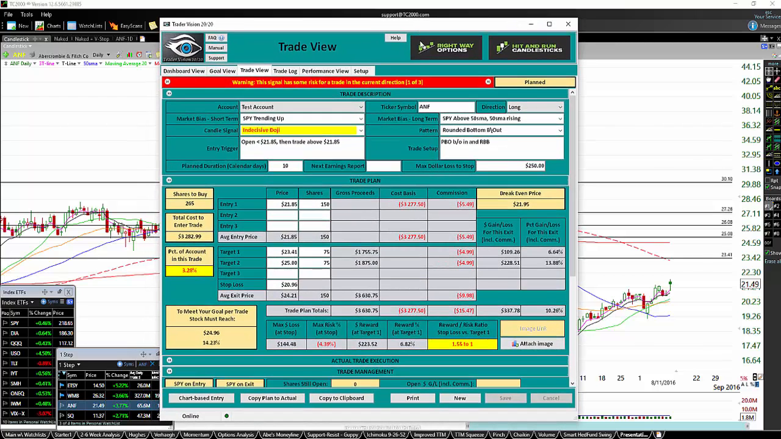So let's look at the plan that we put together. We're looking at an indecisive doji today, so that is a risk factor, on a rounded bottom breakout, and we're looking for it to open below 2185, which is below the high, and then trade above that 2185. So it's showing that the bulls are still in charge. If we bought 150 shares, and our first target was